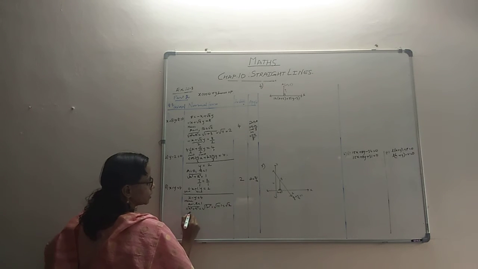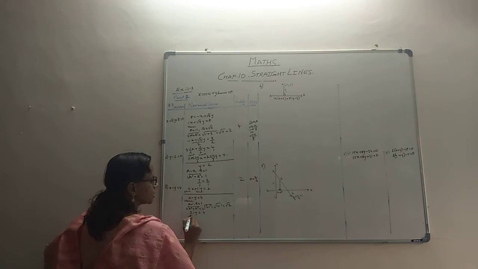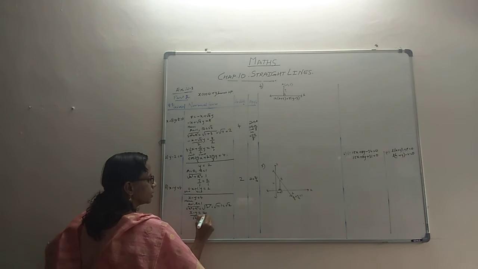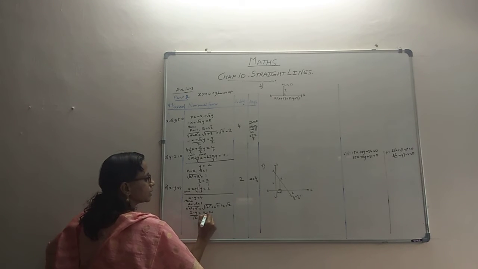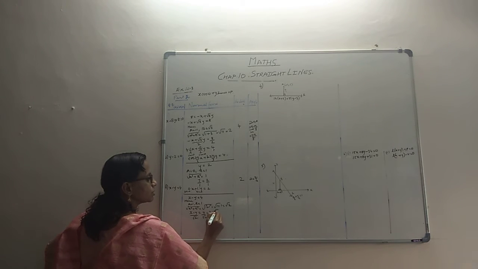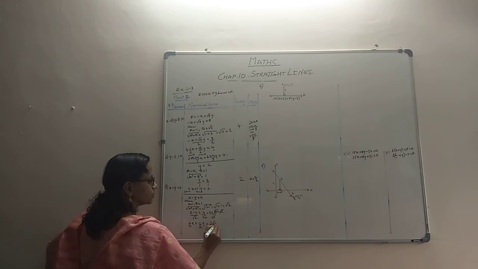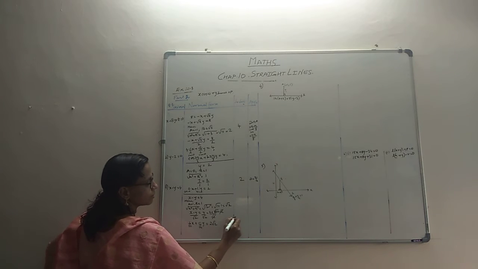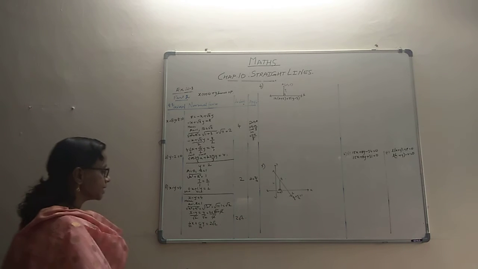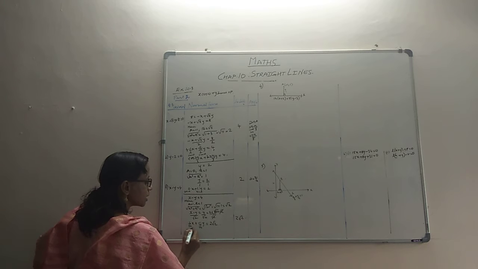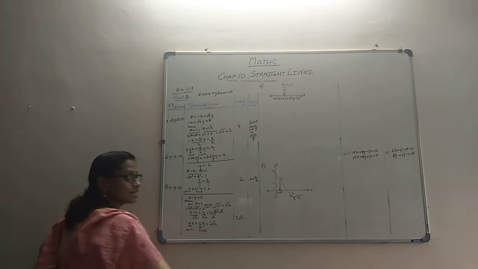Now whatever you obtain, you should divide throughout, so that it gets converted into normal form. This will take a little bit of working. Calling 4 is like calling 2 into 2, right? And this 2, if you want, you can call it root 2 into root 2, so that this can get cancelled. So you're getting 1 by root 2 x plus minus 1 by root 2 y equal to 2 root 2, making this the perpendicular distance. You've got the perpendicular distance. You're getting cos omega as 1 by root 2 and sin omega as minus 1 by root 2.